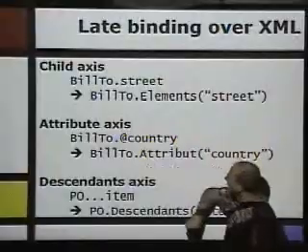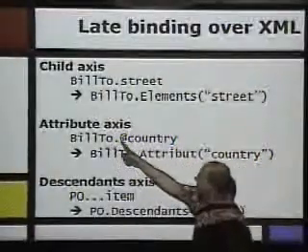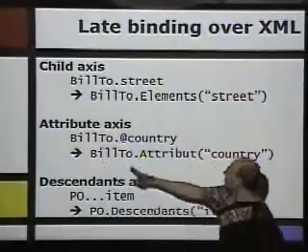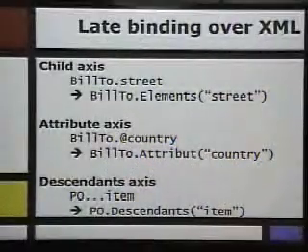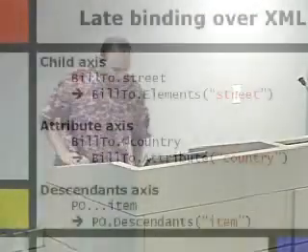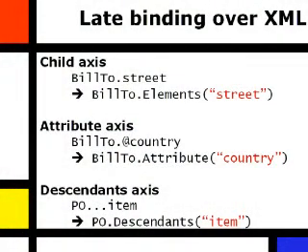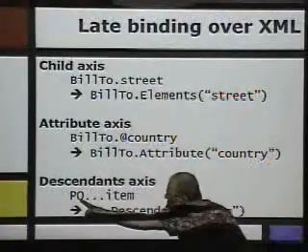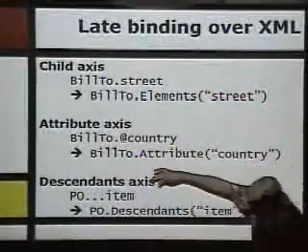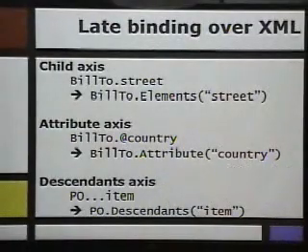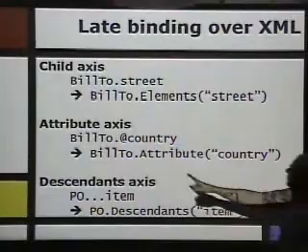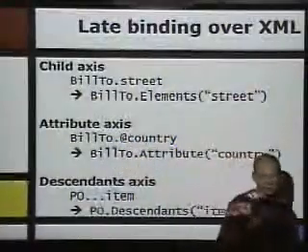And then we have the attribute access, build2.@country. If this has static type XML, the compiler will translate it into this. And we need IntelliSense for PowerPoint, because there was a typo there. Okay, and then we have a descendant access. So if you write purchaseOrder...item, it will say give me all the items no matter how deep. But the trick here is that we are using the static type of the receiver to implement the late binding.